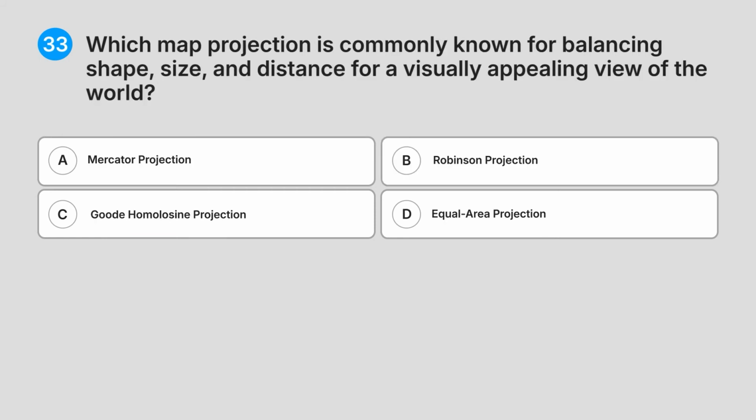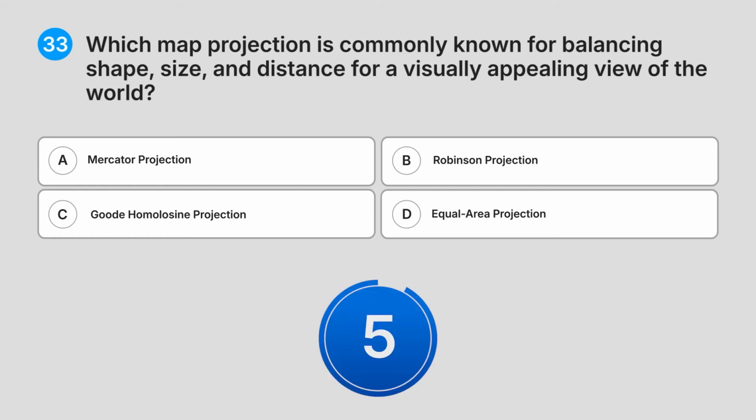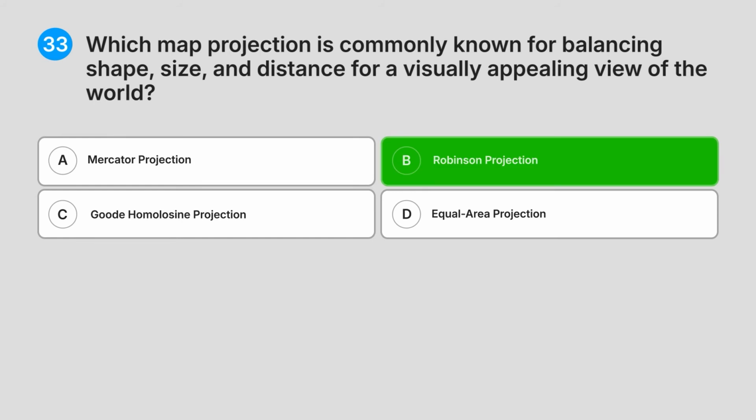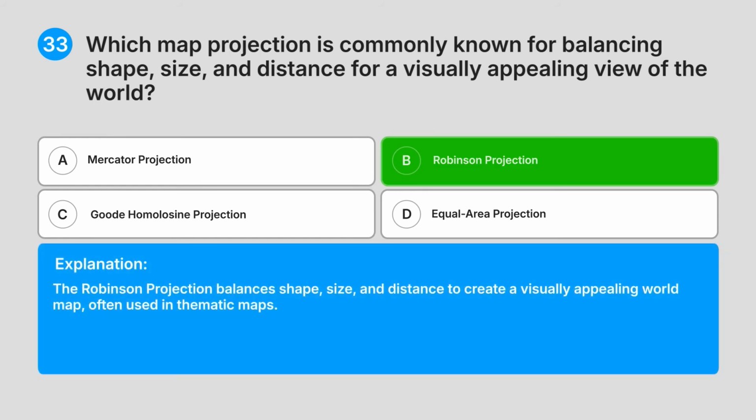33. Which map projection is commonly known for balancing shape, size, and distance for a visually appealing view of the world? A. Mercator projection. B. Robinson projection. C. Winkel projection. D. Equal area projection. Can you guess the answer? Correct answer: B. Robinson projection. Explanation: the Robinson projection balances shape, size, and distance to create a visually appealing world map, often used in thematic